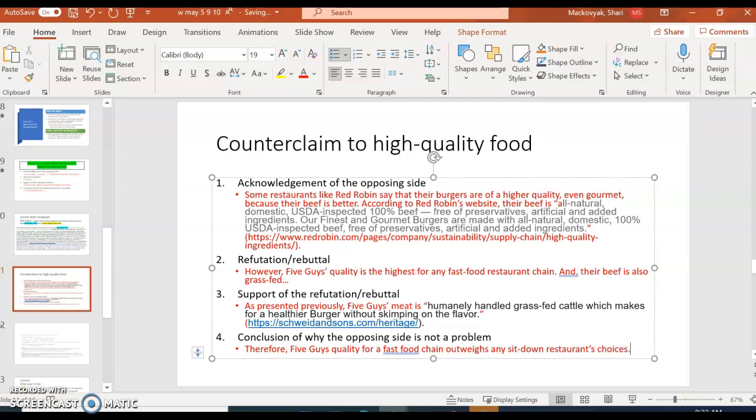I can go back and polish this, but if you follow this process and you go back and look at your argument, you can see how these steps can create your counterclaim paragraph.